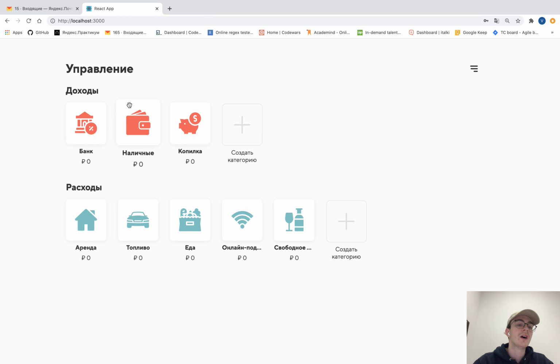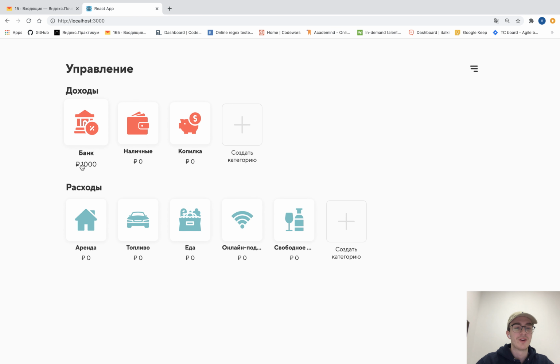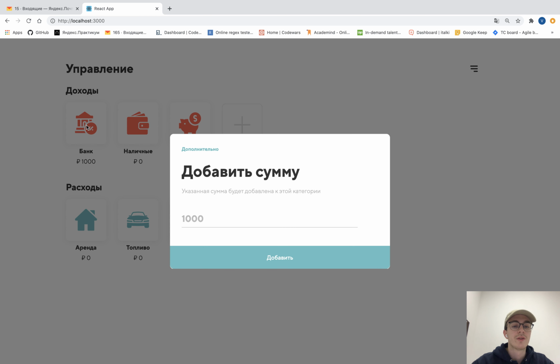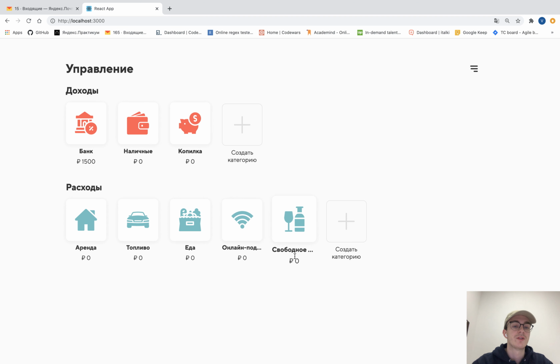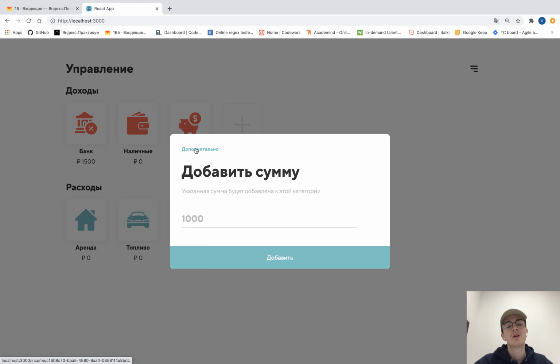What I want to do right now is to put, for example, 1,000 rubles. This is a ruble, a Russian money sign. Let's call it dollars for now. We've added $1,000. So if we click on this, we can add more money. For example, 500. And if we click on this button, which gives additional information that we can provide,